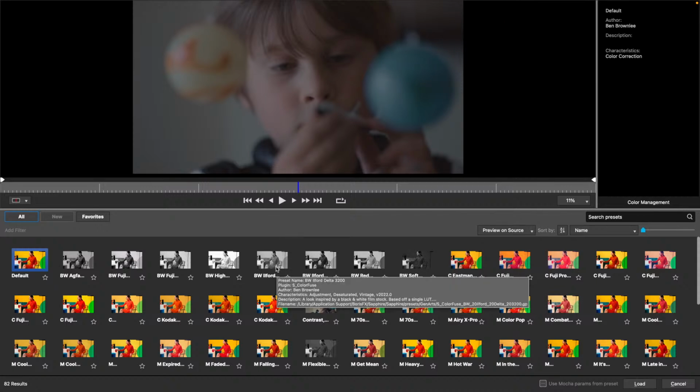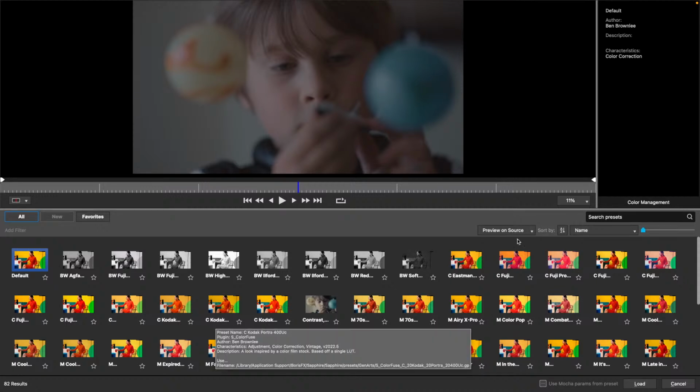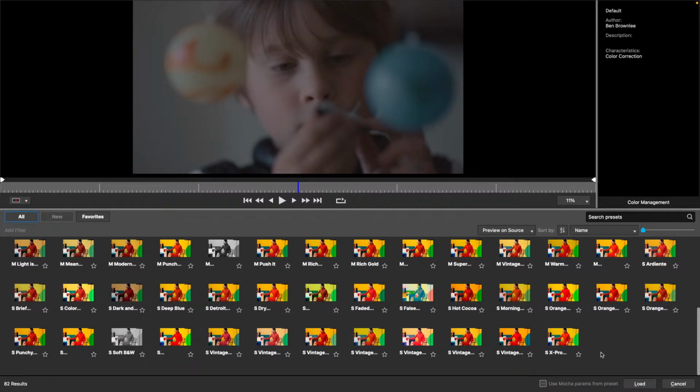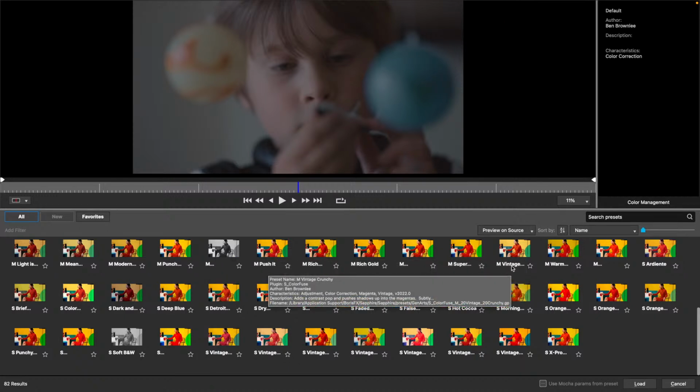Black and white will stand for your black and white looks. Color will basically be your color stock. You can see many of them are named after various color stocks. I'm going to scroll down here to the very bottom where we can see actually stylistic LUTs or lookup tables. And last, which I think is the most interesting, is the presets that start with the letter M, which means